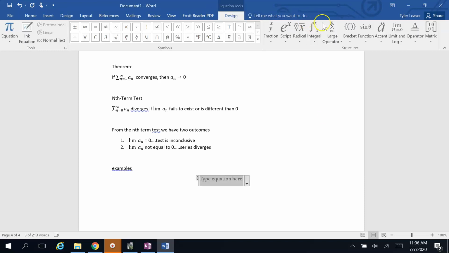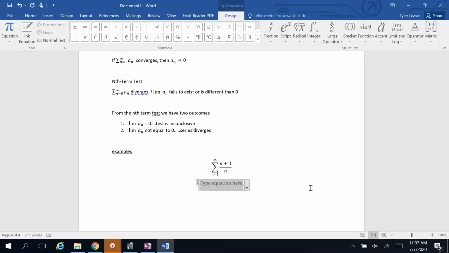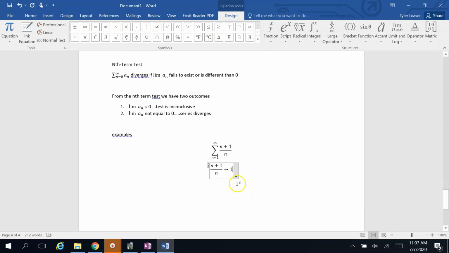Let's start off with the infinite series as n goes from 1 to infinity of n plus 1 divided by n. Okay. If we look at the sequence on the inside of the series, the n plus 1 over n, as a sequence, n plus 1 over n converges to 1, right? If I plug infinity in for these n's and then do L'Hopital's rule, this converges to 1,